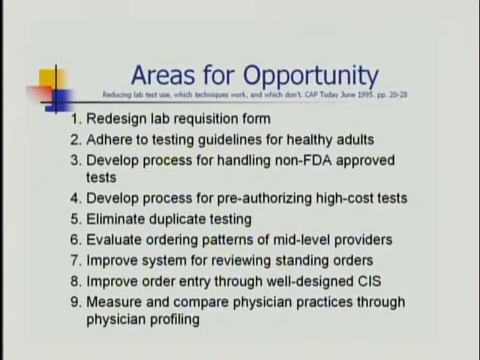So what did we do? Well, we did what any organization would do. We formed a committee, and we locked ourselves into a room. And we said, well, what do we do? How can we improve our utilization? And we brainstormed, and we came up with these 9 strategies by which maybe we could get a grip on what's going on. So we decided that we were going to redesign our lab requisition, adhere to testing guidelines for healthy adults, develop a process for handling non-FDA approved tests, pre-authorize high-cost tests, eliminate duplicate testing, evaluate ordering patterns for